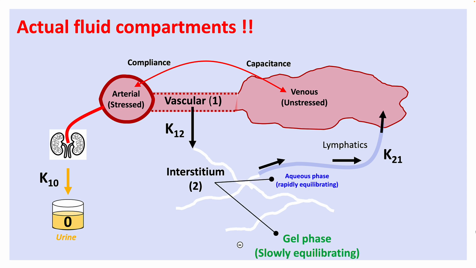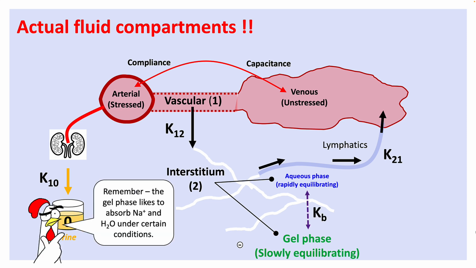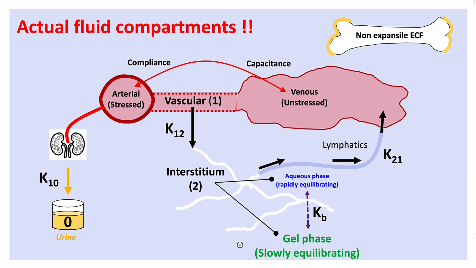Interstitium is also not just one simple big space. It is made up of two spaces: the aqueous phase, which is your rapidly equilibrating phase, and a gel phase, which is a slowly equilibrating phase. Remember, in the previous lecture, when we were talking about the interstitium, the gel phase likes to absorb salt and water under certain conditions, and that can exaggerate or shorten the half-life of many fluids. Lastly, there is a non-expansile ECF compartment, which has to be taken out of your interstitium